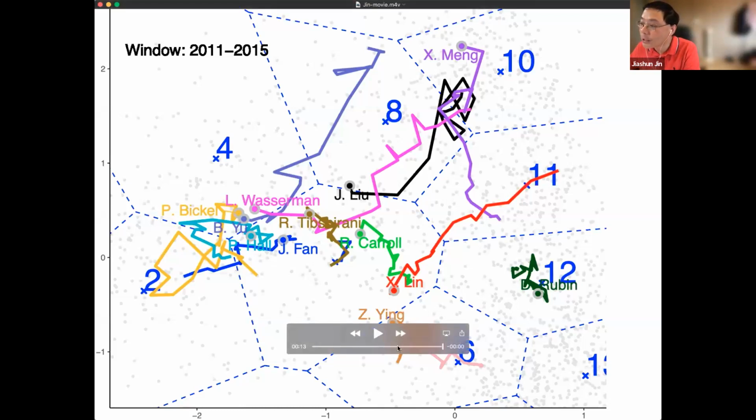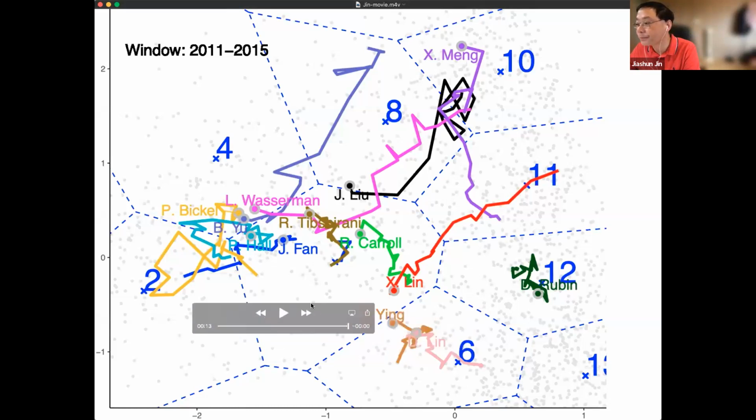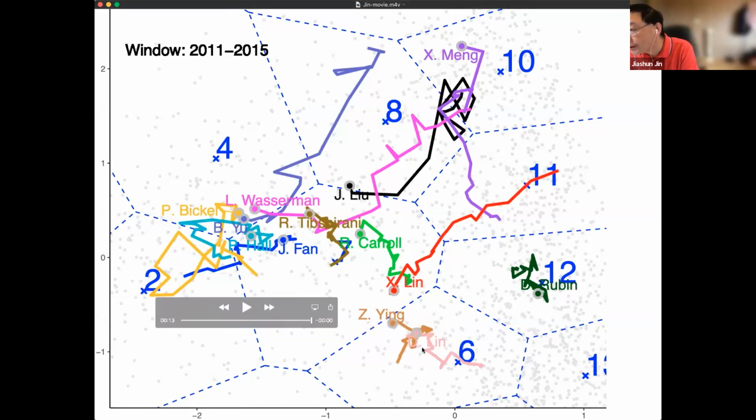You can also add this color to Zhiliang Ying and Danyu Lin. I think this is survival, number 6 is survival and longitudinal, Cox model kind of thing. So they were already in this hot area, and after a long time they still work on this area because genomics became really hot, from the 1990s until 2015. So this is a trajectory.